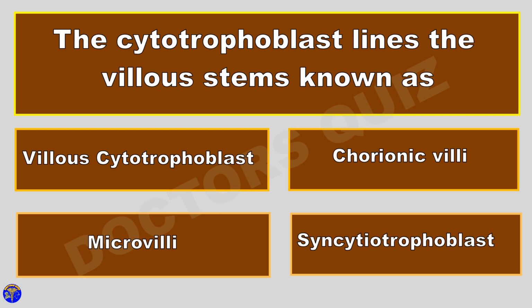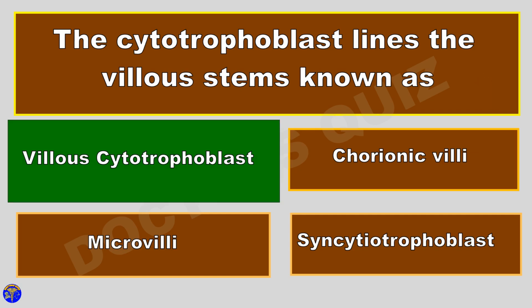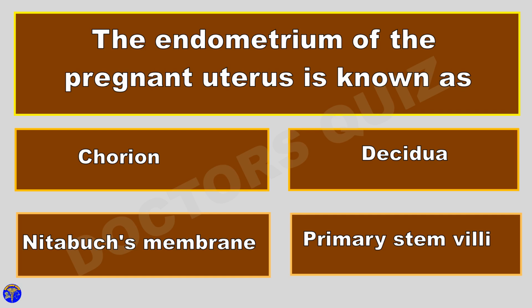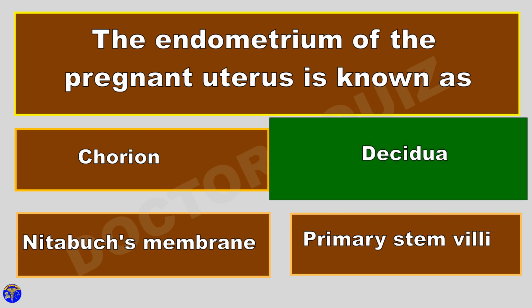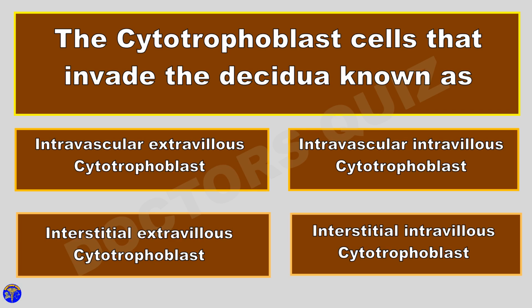The cytotrophoblast lines the villus stems, known as villus cytotrophoblast. The endometrium of the pregnant uterus is known as decidua. The cytotrophoblast cells that invade the decidua are known as